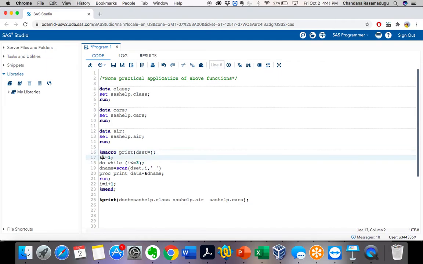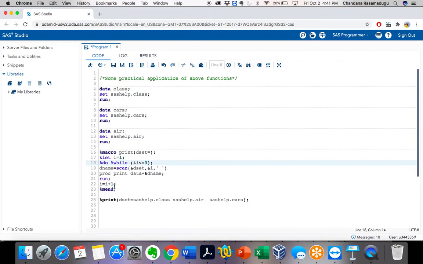So let's take it here as %let I equal to, and here also %do %while, and then here let's take dset as &dset, because I have assigned it as a parameter here, and then here also change it to no. Now see here I value also take it as &I, and this one also &I, because I have created a macro variable I equal to 1.